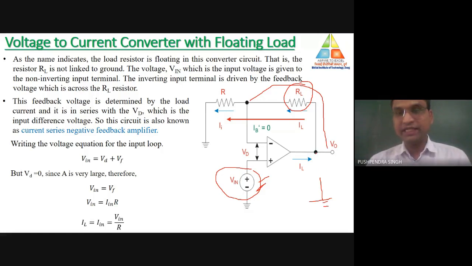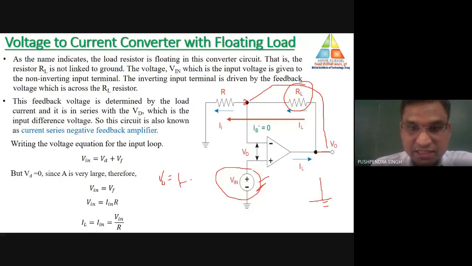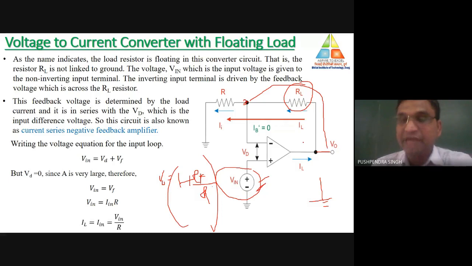The second thing is, in floating type, none of the terminals of the load will be connected to ground. One of the terminals will be connected to the load, and the second terminal will be connected to the input, which is the inverting terminal of the op-amp. Now, how can we calculate the value of voltage being applied at the inverting terminal of the op-amp? In case of the non-inverting terminal of the op-amp, what is the value of output? Output is equal to (1 + Rf/R1) times Vin, this input voltage source. That means the value of output is higher as compared to the input voltage source.